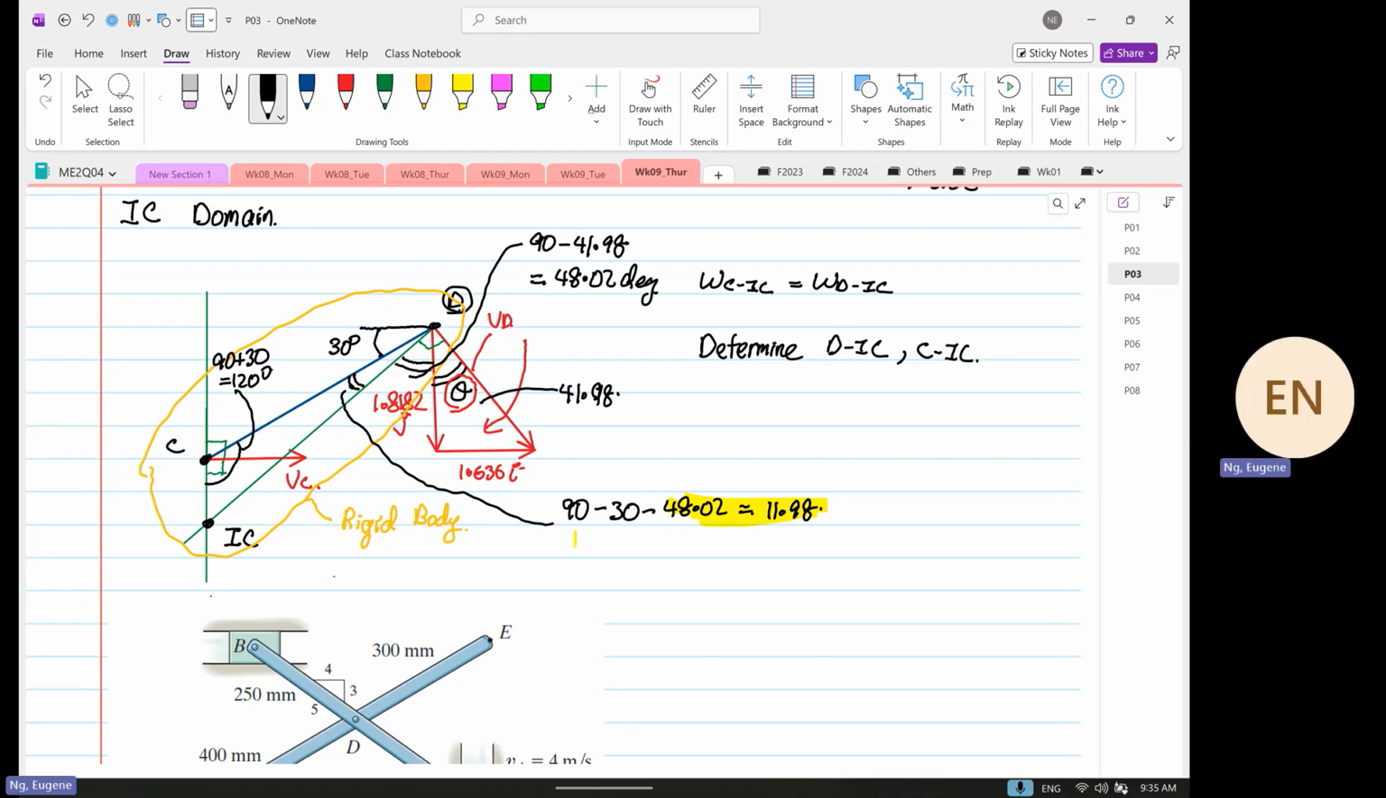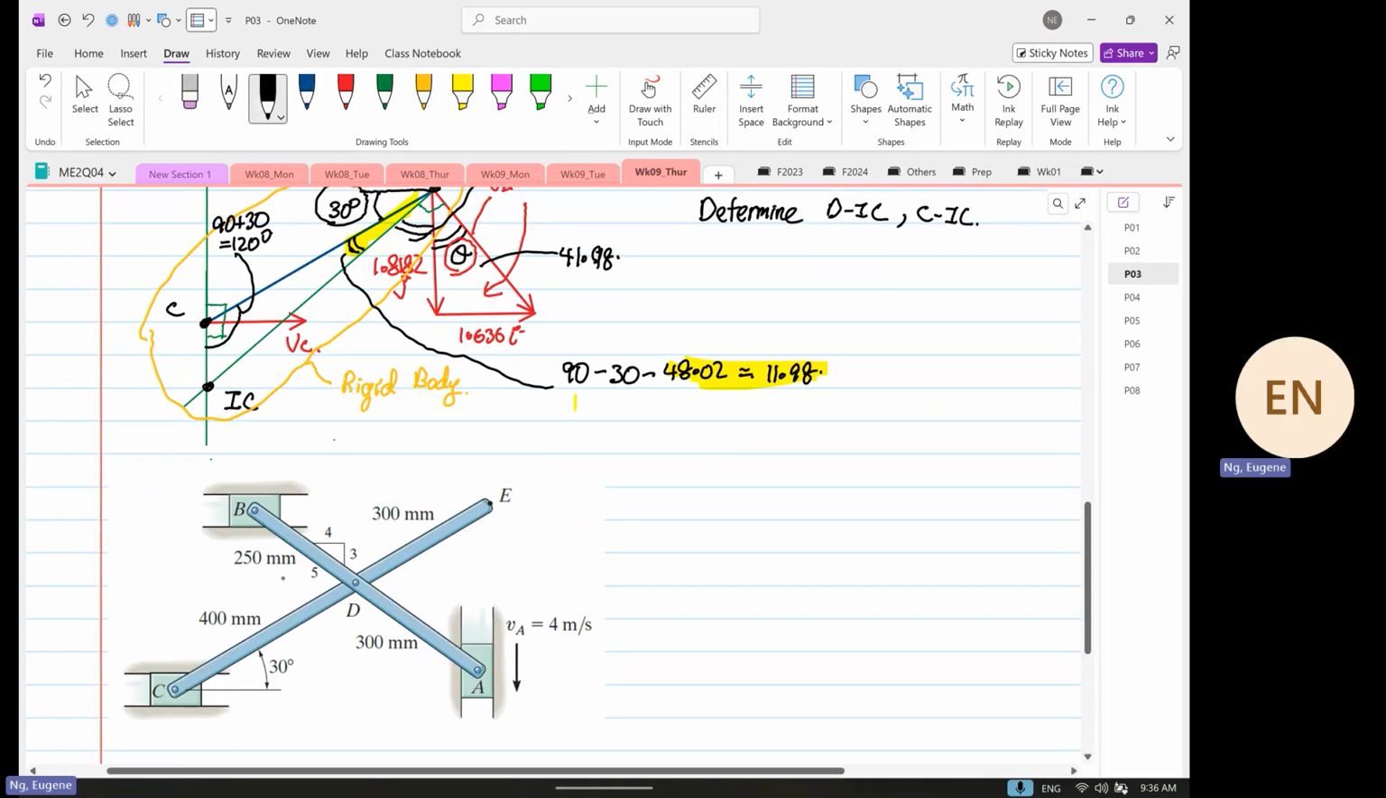Change this, please. So this is equal to this angle over here, which I'm highlighting in yellow now. It's equal to 90 minus 30 minus 48.02. So that angle over there is equal to 11.98. Now, how I get the 30 degrees down here